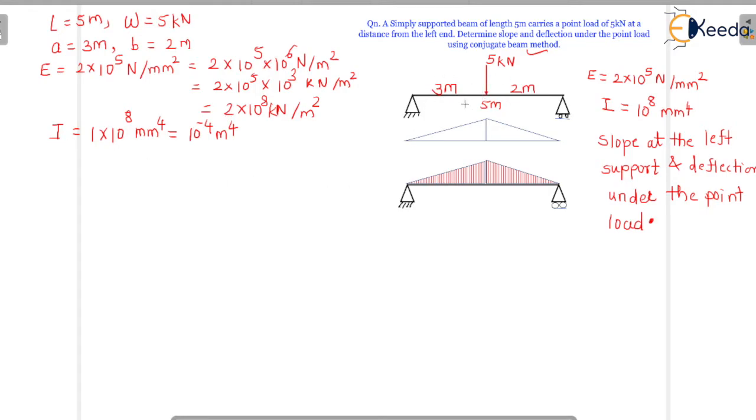Now with this particular load system, let us quickly calculate RA and RB, the support reactions. I am doing this calculation on this side. For the original beam, let us name the beam as AB, and this will be C where the load is acting. So this is ABC. We will first calculate the reactions and the bending moment diagram. Then we will name the conjugate beam, with points A star and B star.